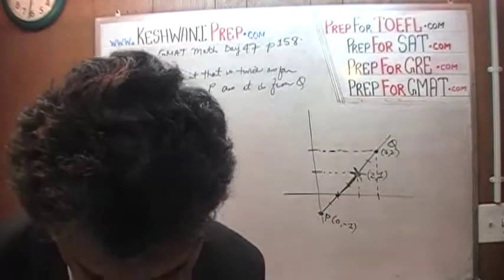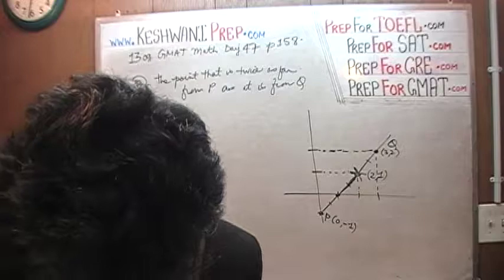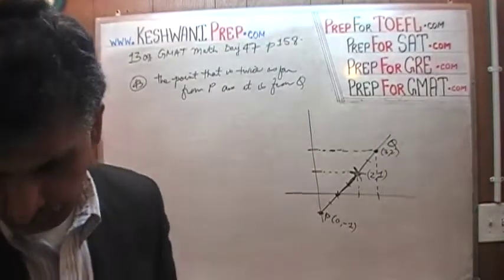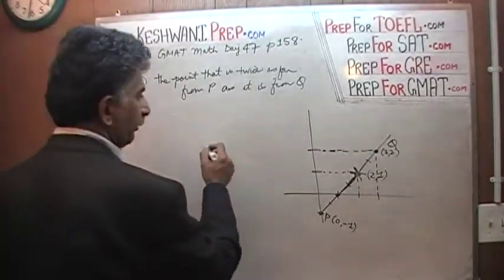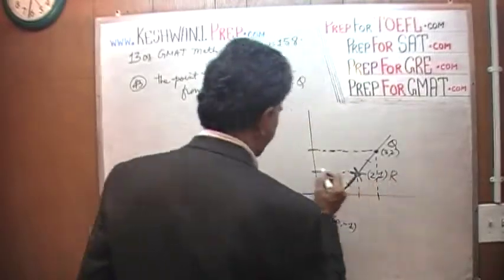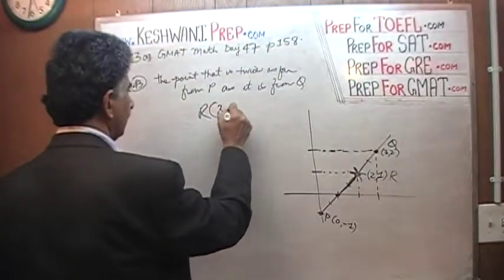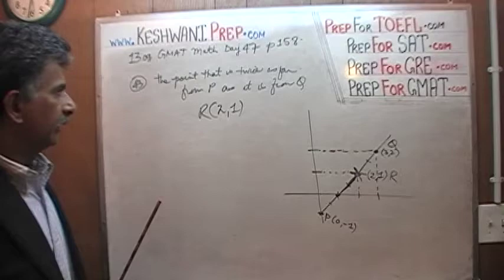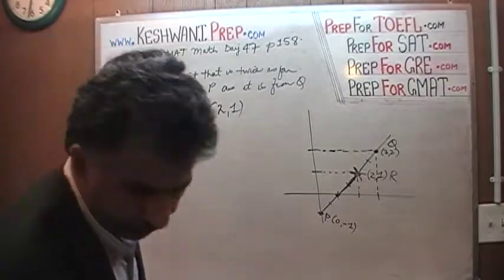Let's call it point R. So the point R has an x coordinate of 2 and a y coordinate of 1. That's it. Now what would have happened